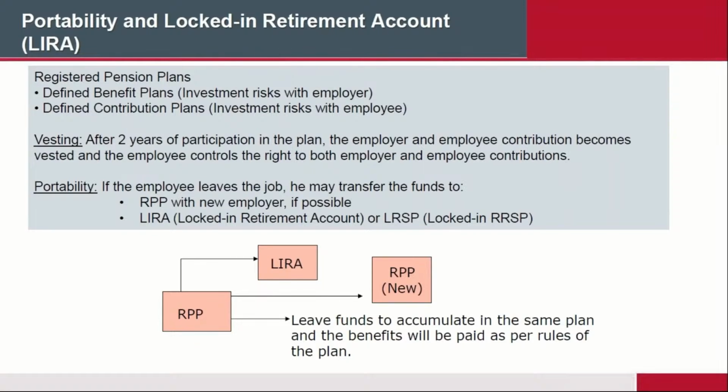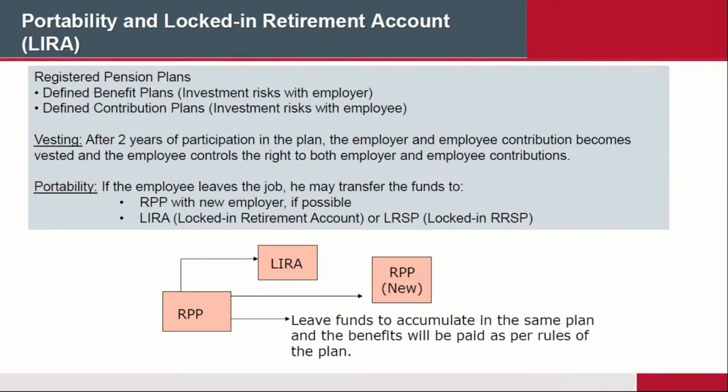So here, as it says there, in the registered pension plan, the defined benefit pension plan, the investment risk depends on the employer. In other words, the employer is responsible to make sure that the money is there. Well, because you have a guarantee, right? At age 65, you will get $3,000 a month. In the defined contribution plans, there's no guarantee. So the investment risk is up to you as the employee. So if you have a big bucket of money, fine. If you have a small bucket, then it's a small bucket. That's as simple as that.